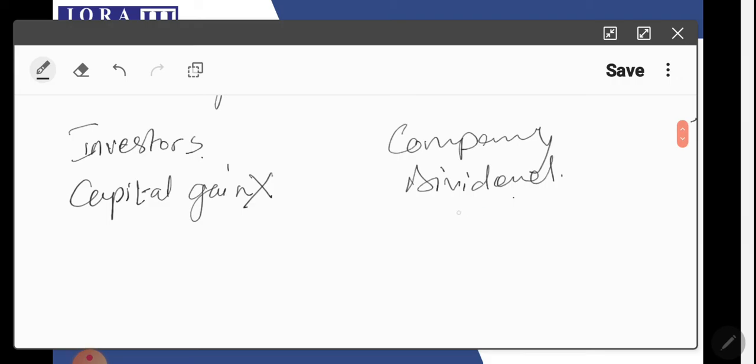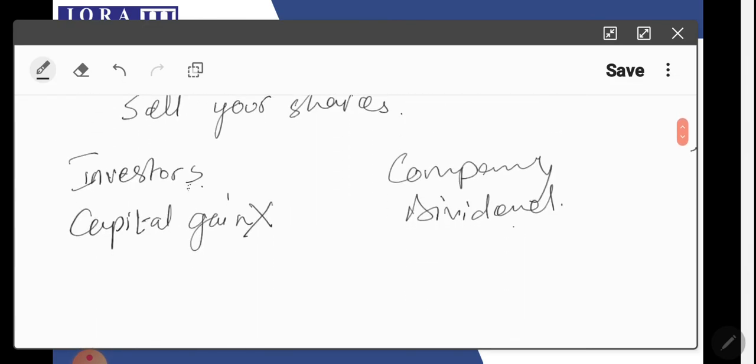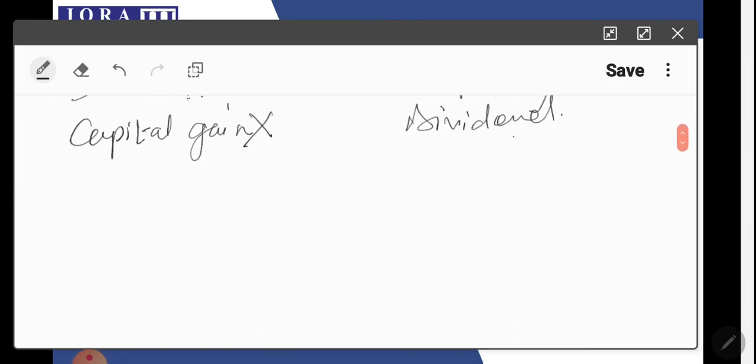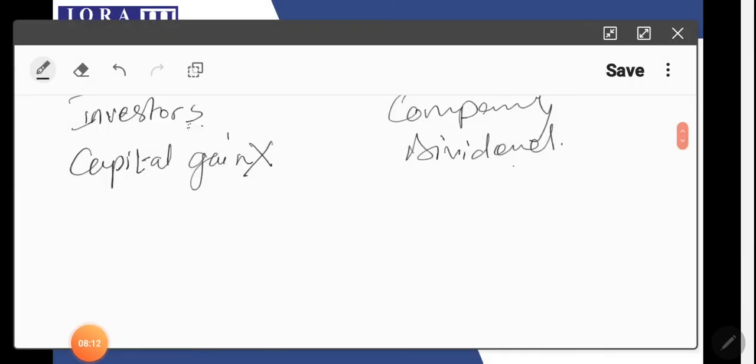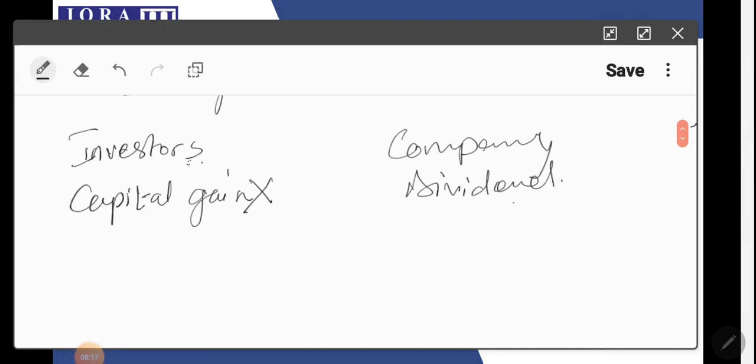If the investor does not want the dividend, if the investor does not want the capital gain, I mixed this up a bit. Basically the investor wants capital gain and the company is not giving them the capital gain. Instead of that, they are giving them dividends. So what the investor can do, they will have the dividends with them. So the investors can use those dividends to purchase more shares.